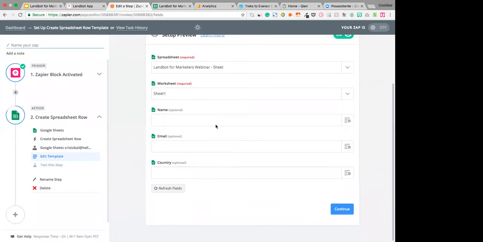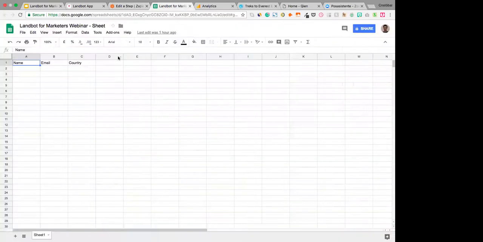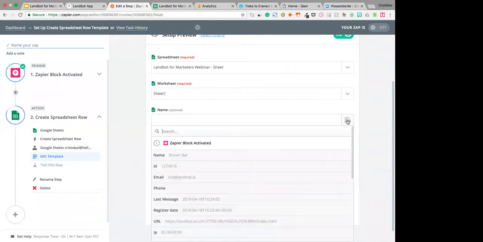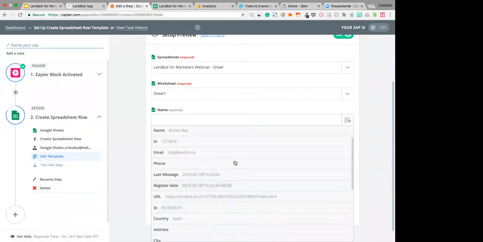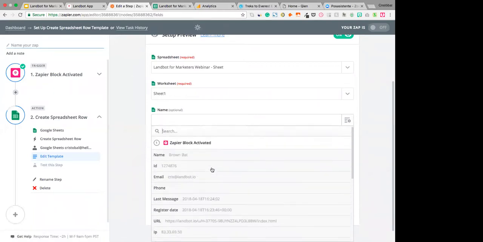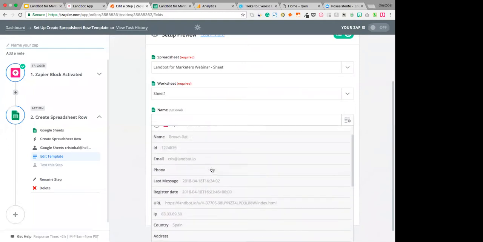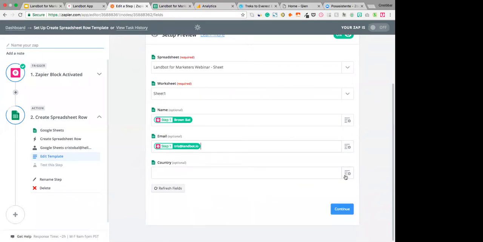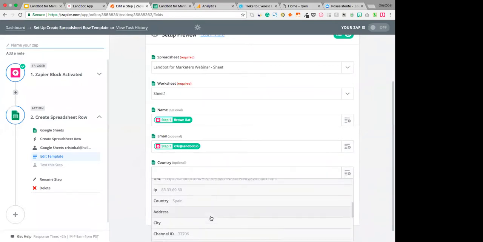Now it automatically retrieves all the fields that I've added to this sheet. So I got name, I got email, I got country, these three different fields. And here I'm going to pick the variables from Landbot. So I click here and you see I got all the different variables that Landbot has about me. I'm going to get the name here. I'm going to get the email, and I'm going to get the